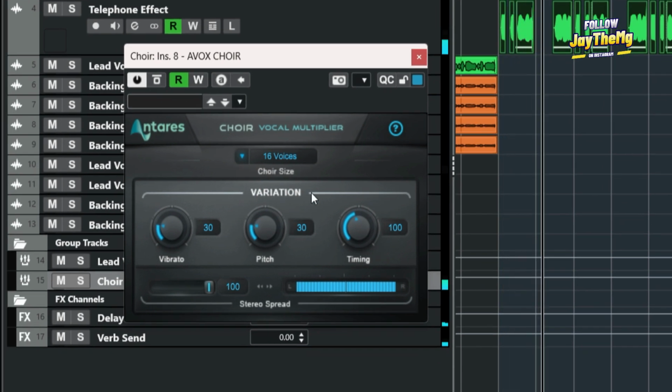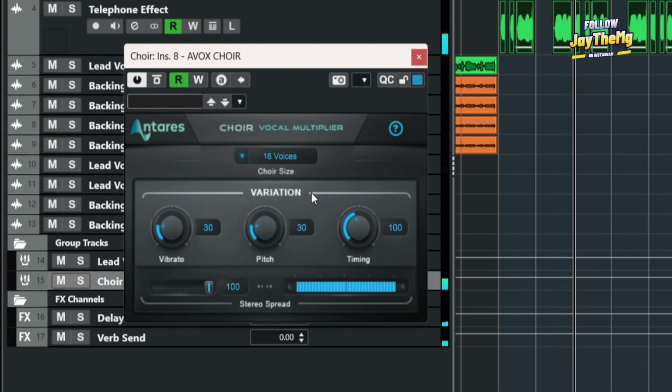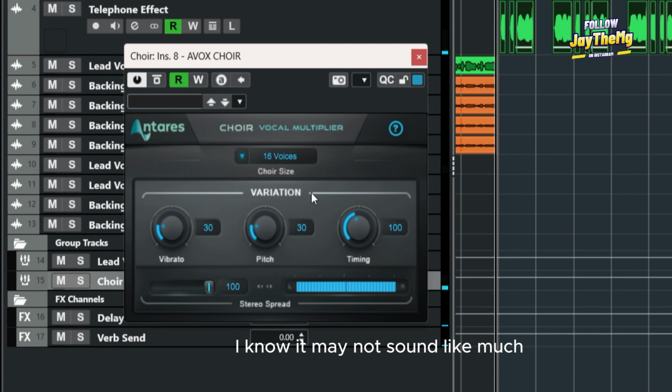I know it may not sound like much, but we're going to do something to make it sound more